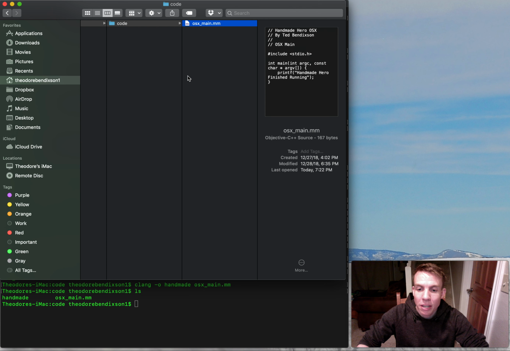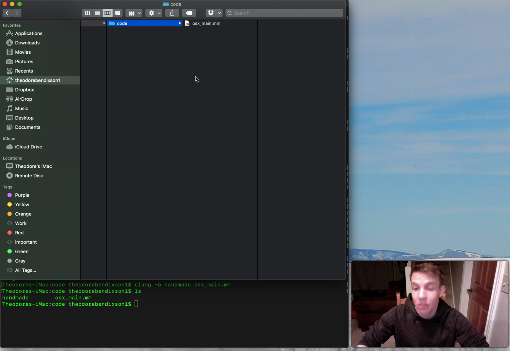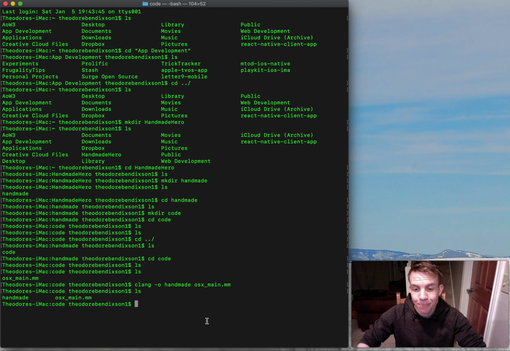this part is surprisingly similar to what you see in the first day of Handmade Hero. So a bat file or a batch file is kind of the Windows equivalent of a shell script. And on OS 10, we can actually make a shell script of our own if we want to. And all that we would do is, I'm going to use Vim to do this. So there definitely is an Xcode way. It's actually in the